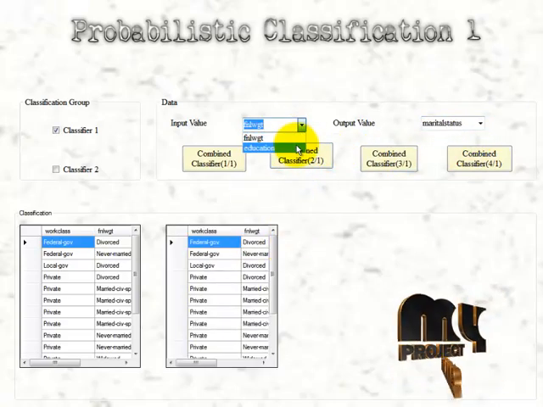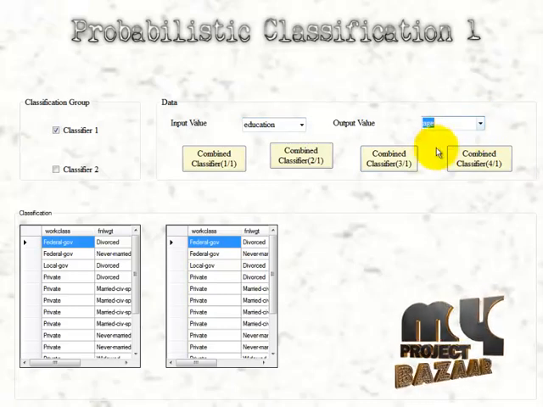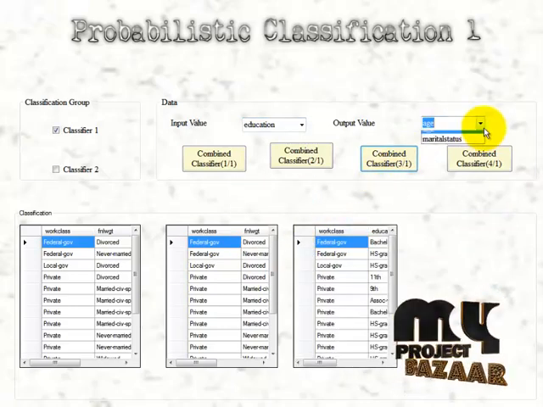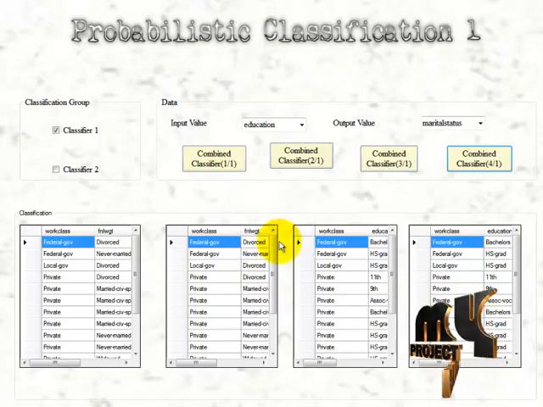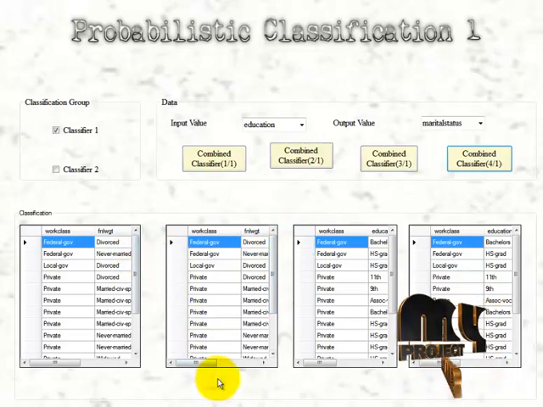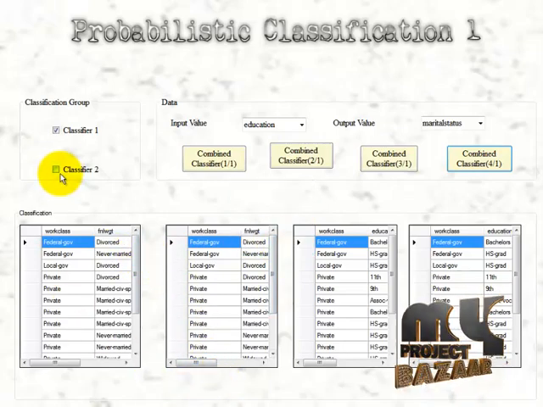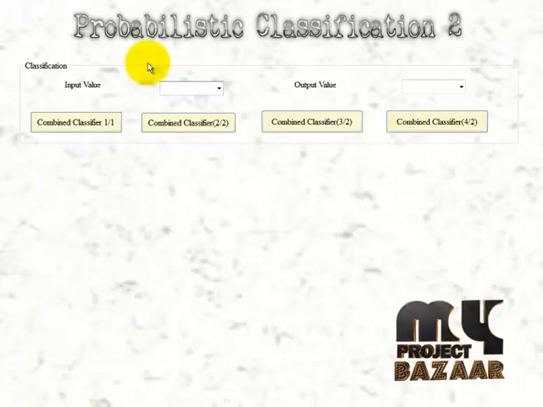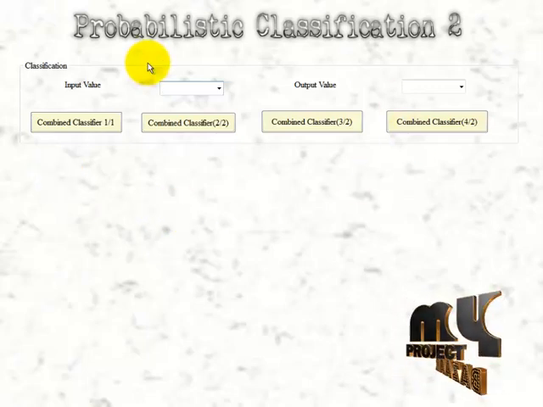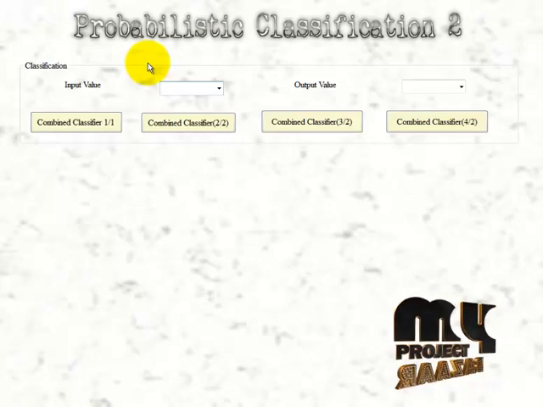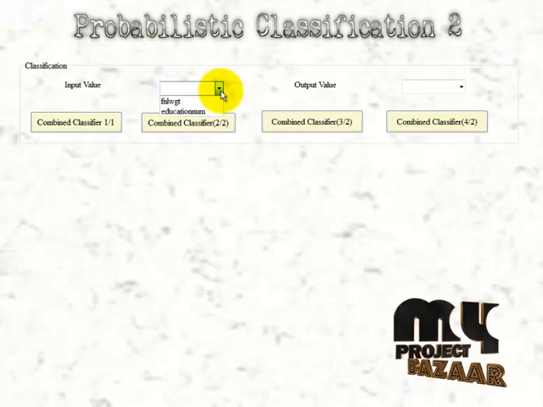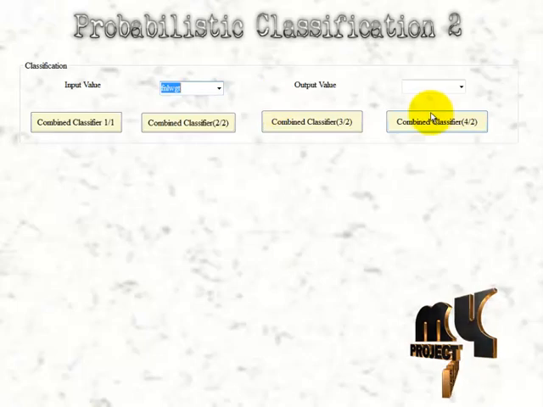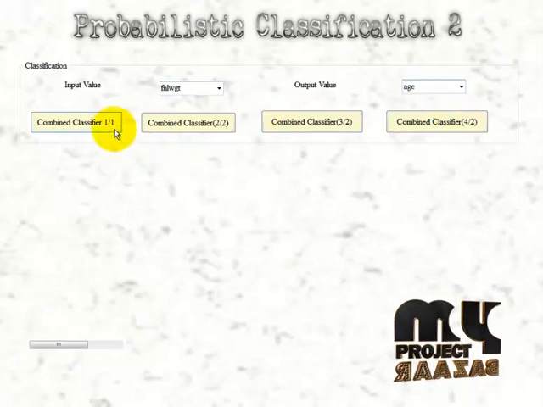And when I click on this next button, the education and the age will be designed, and the same thing, marital status will also be designed. Now the probability of 4 folds will be found over here. And when I click on this classify 2, the same process will be for classification 1, and the classification 2 also will be designed. Here I am going to find the data in the 4 folds, that is the final weight will also be in the age, and also in the marital status.